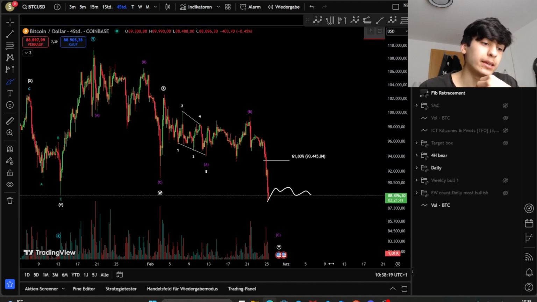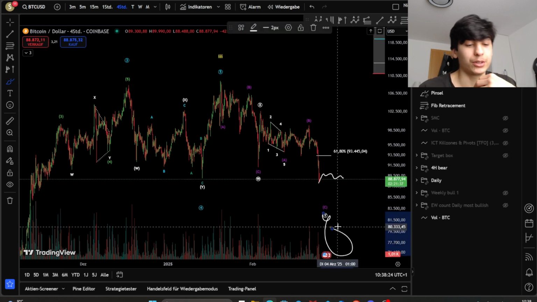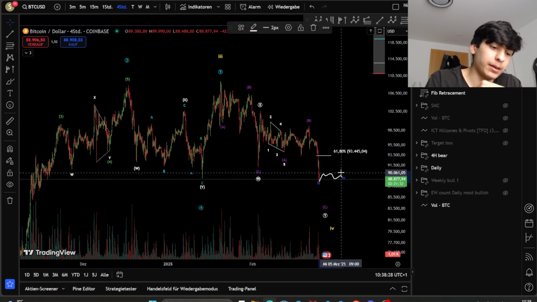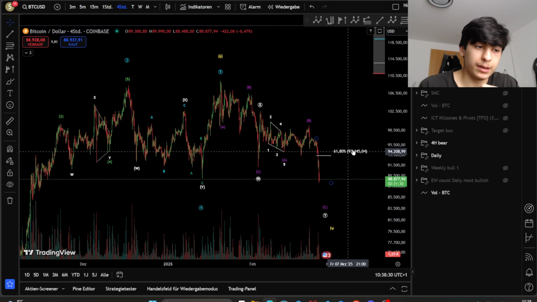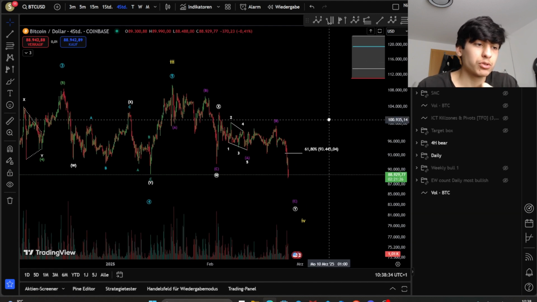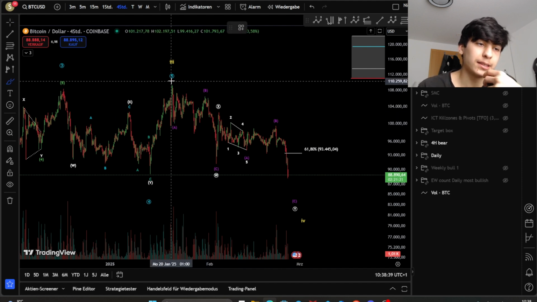As your ABC could then be finished, your wave Y could then be finished, your wave 4 in yellow could then be finished. But of course, WXY can be a wave A of a triangle, can be a WXYXZ, so there can be many structures,